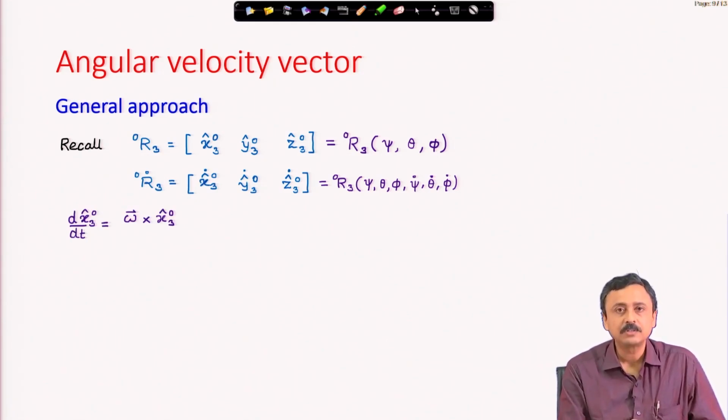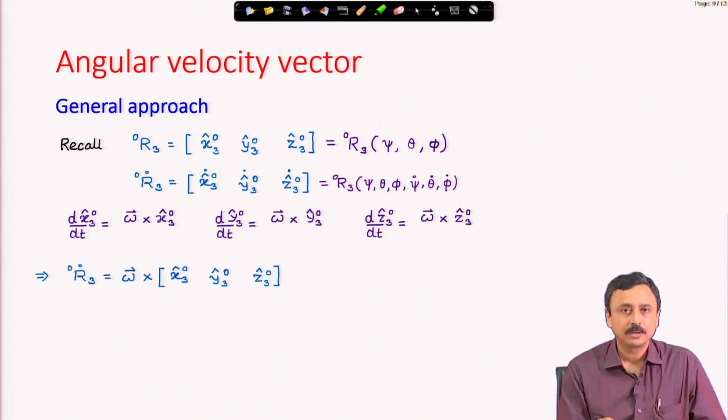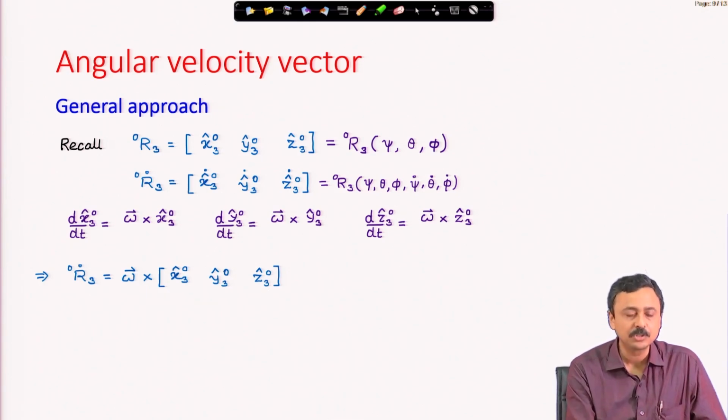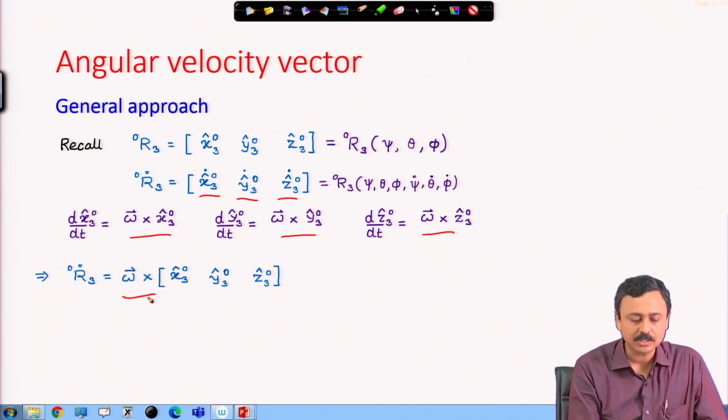Now, note this, we have discussed under kinematics that d/dt of a vector is omega cross the vector. Because these are unit vectors, the frame vectors, d/dt of the frame vector is omega cross the frame vector. Similarly, dy/dt is omega cross y, dz/dt is omega cross z, and therefore R from 3 to 0 dot is nothing but the derivatives of these columns, and the derivatives of these columns are individually omega cross those columns. Therefore, omega cross can be pulled out,